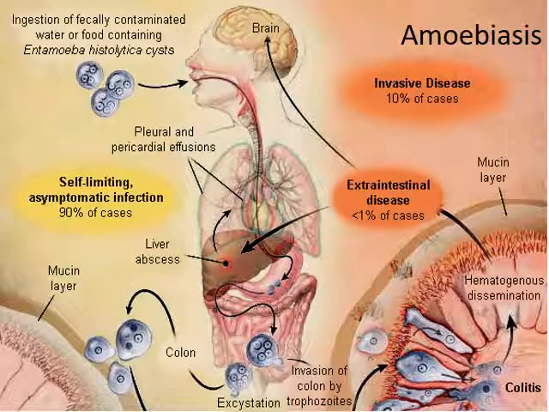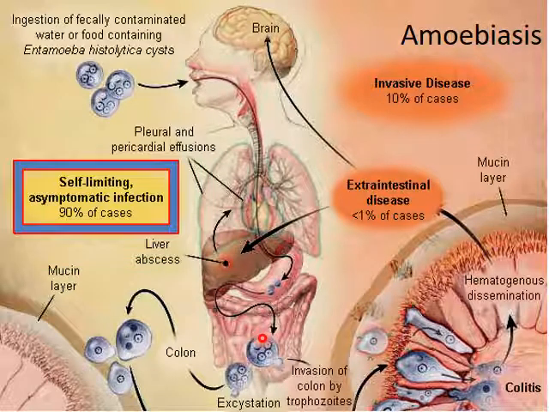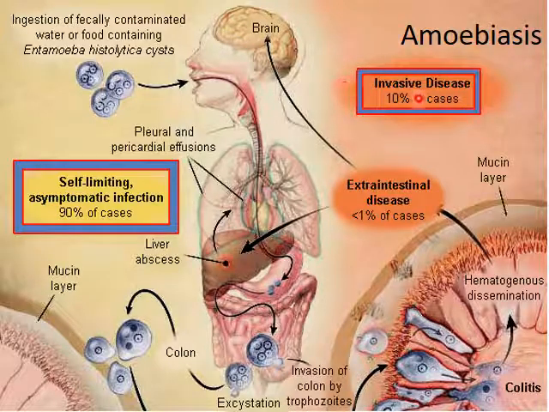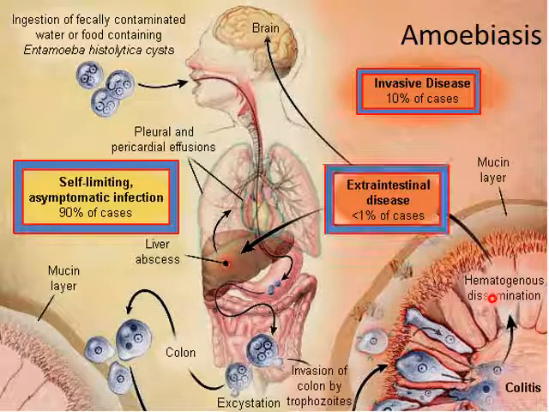We shall see the course of amoebiasis. The E. histolytica, once it enters the stomach, bypasses the juices and enters the small intestine. In 90% of the cases, the infection is self-limiting. It is only asymptomatic, while in 10% of the cases it could be invasive, that is, the E. histolytica could invade the intestine and cause ulceration and dysentery, while only in less than 1% of the cases it